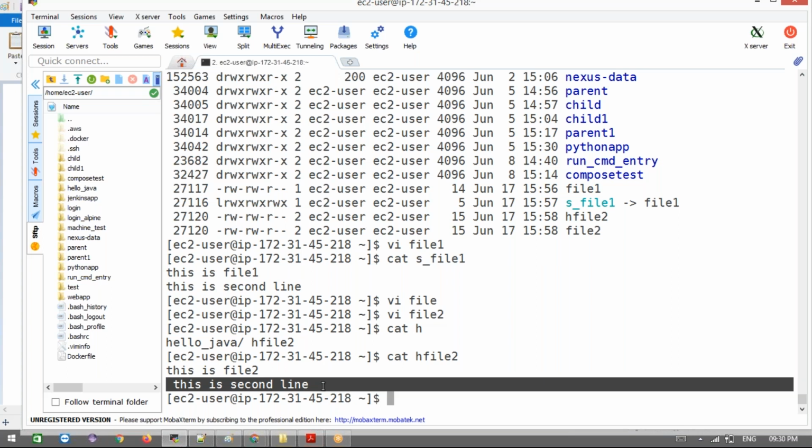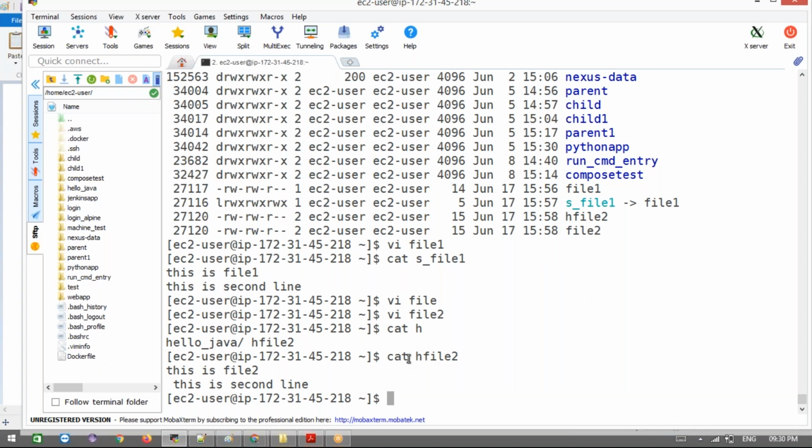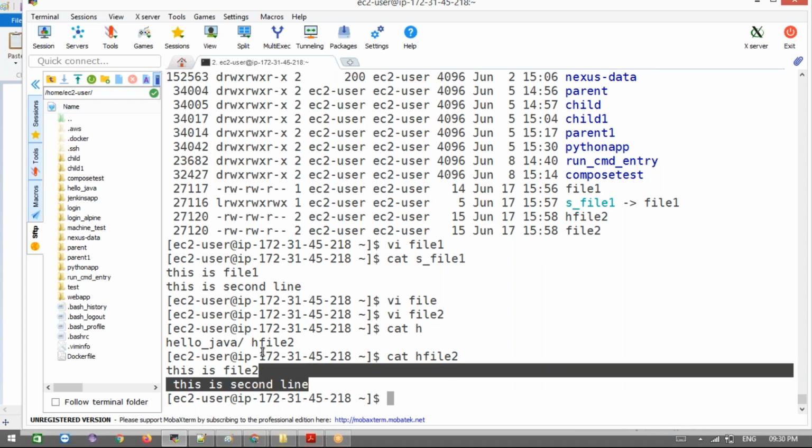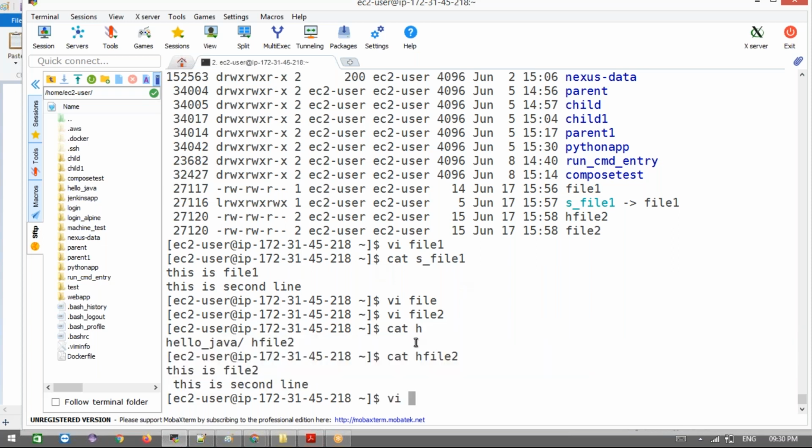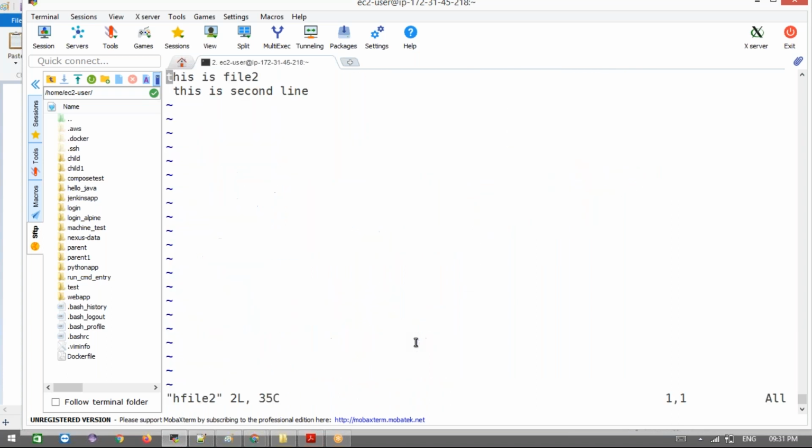Then what the main difference is will depend on the directory file. This hard link will depend on the directory for the inode. Okay, now let's see what is the meaning of this, guys. Is it clear now? Purposes are the same. Now if we change one file, it will affect the other file, sir. Okay, fine. Then if we write to this h file, h file 2, it will be changed there. If you have a doubt, open this file, just write some line here.